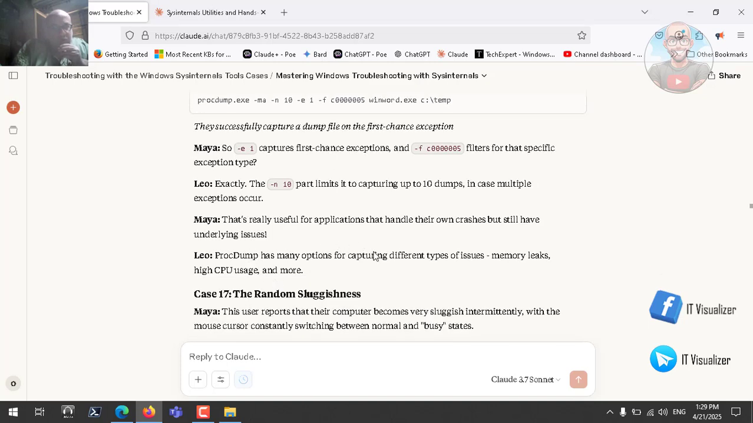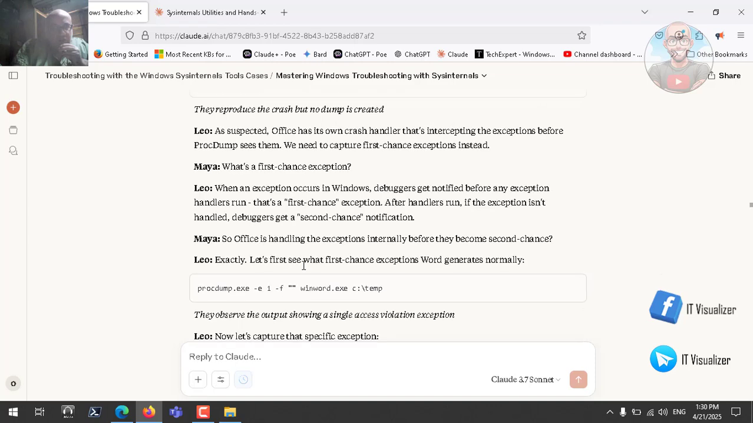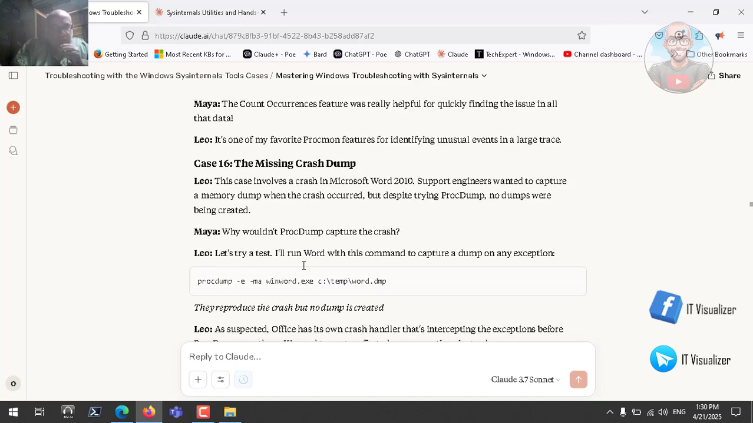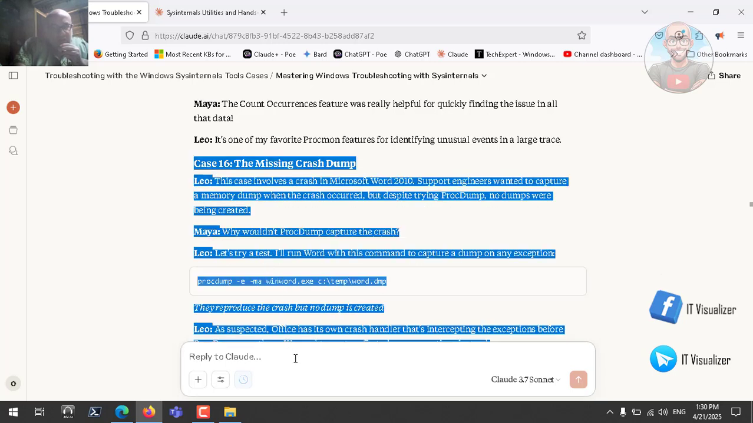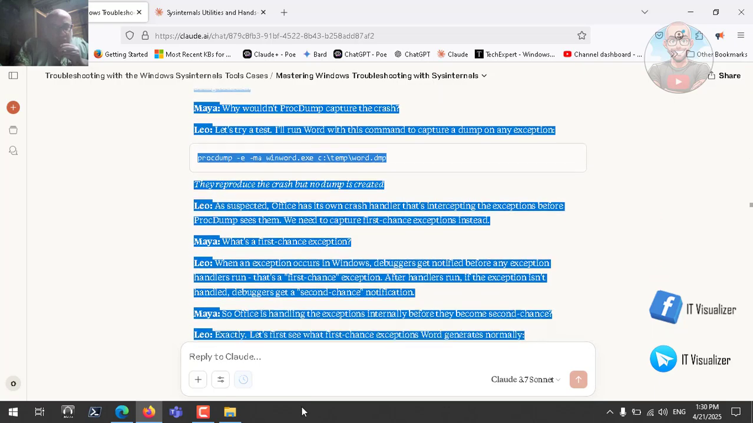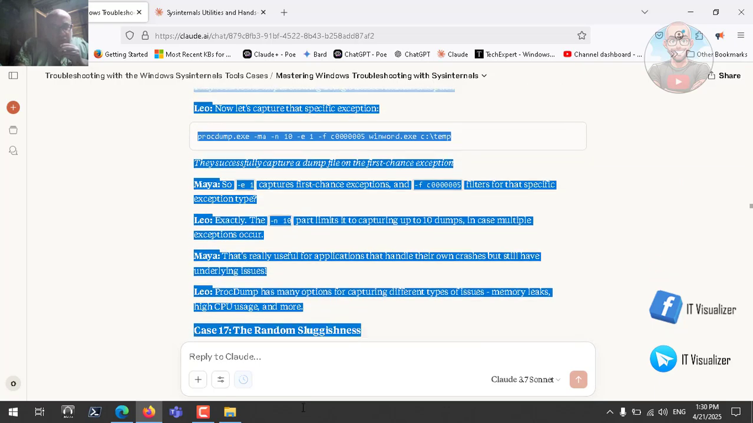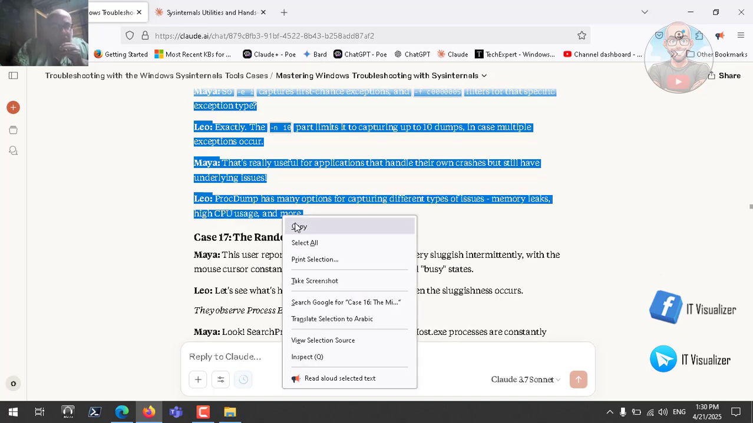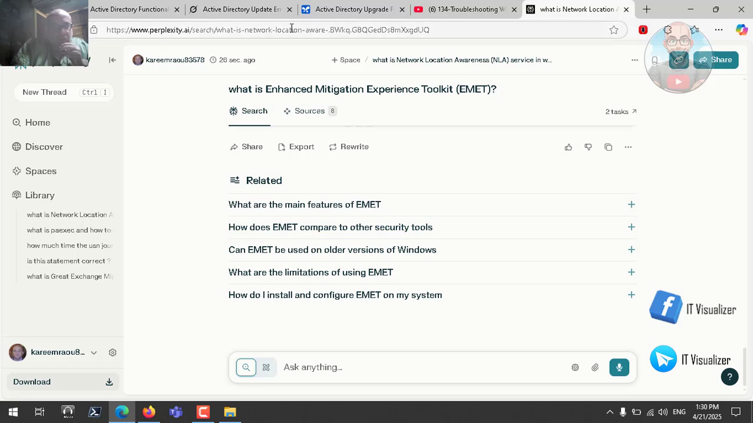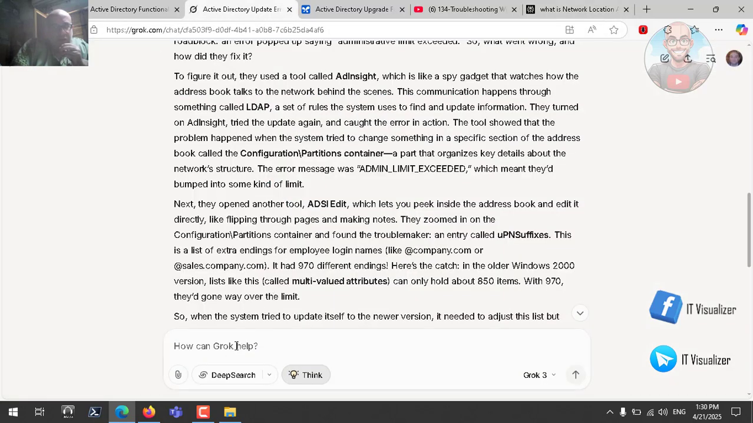ProcDump has many options for capturing different types of issues: memory leaks, high CPU usage, and more. So this is a case, but let me try to explain it also in a simple way because I think it's a little bit complicated. Let's get this one and try to give it to Grok. So we'll copy that and go to Grok, tell him explain this